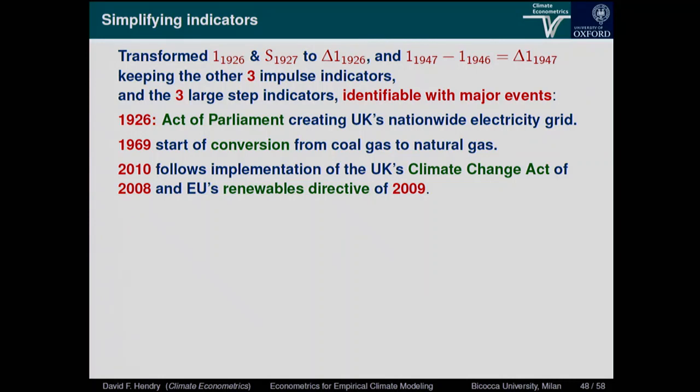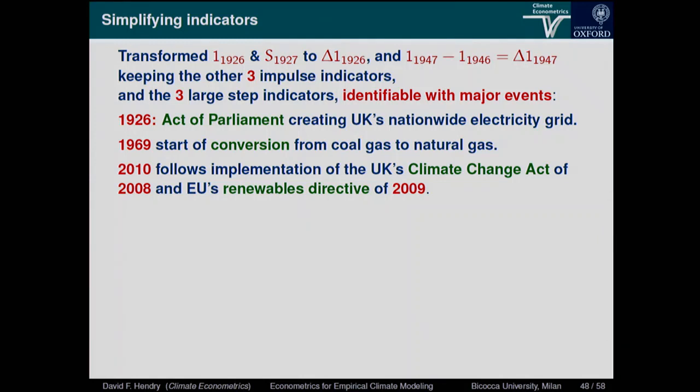In 1969, we gave up using coal gas and started using natural gas because it had been discovered in the North Sea. And that required the conversion of a lot of equipment. And frankly, we ought to convert it all back, because coal gas is mainly hydrogen. We should convert back and use hydrogen rather than natural gas, which is methane, which when you burn it gives off CO2. So it's been a big impulse to CO2.